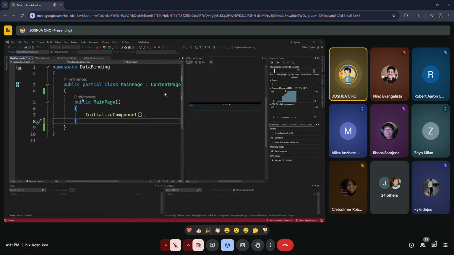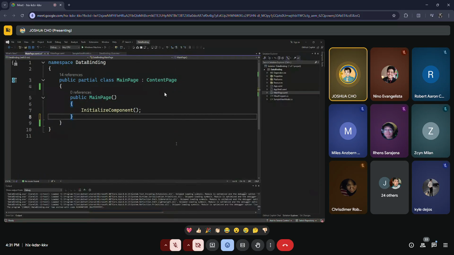So as you can see, data binding. Whatever I type here, it updates the label automatically. So that's data binding. Very simple example.